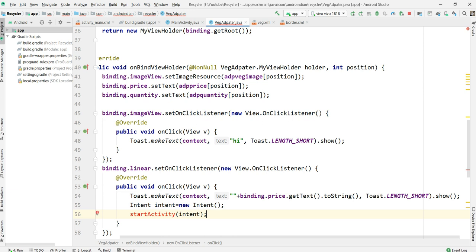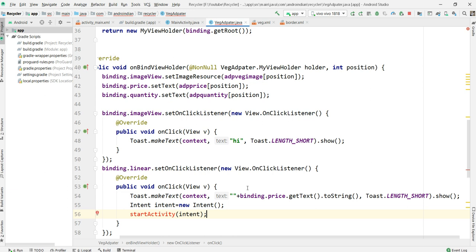It means it's not calling the activity directly, because here we are in an adapter class. Simply remember, when you are in an adapter class you cannot call the activity directly, it requires support.